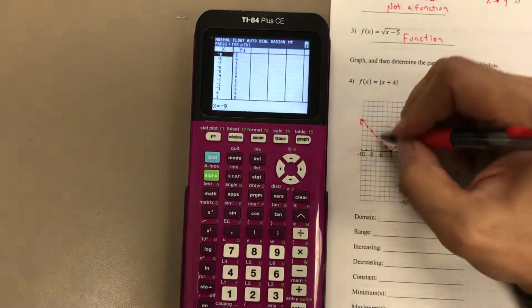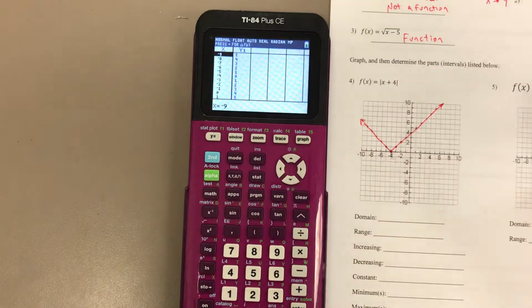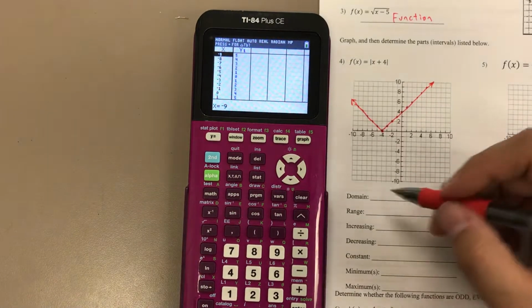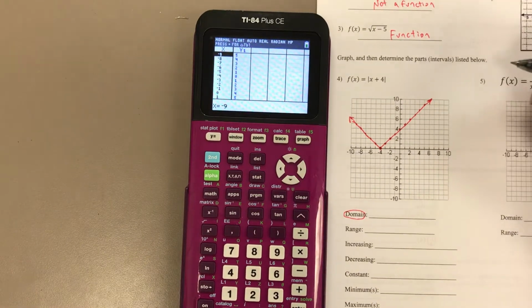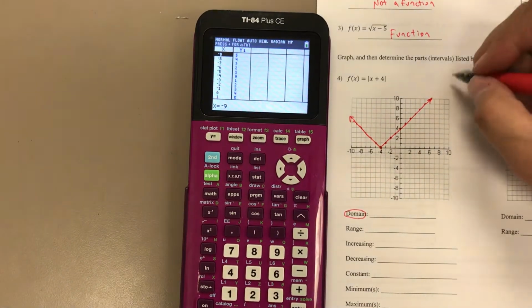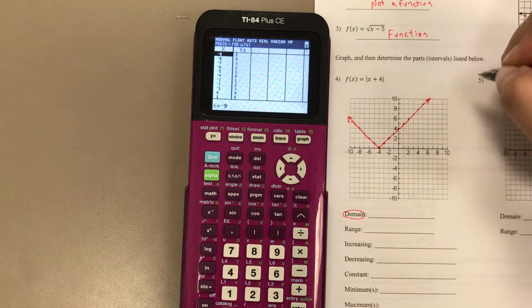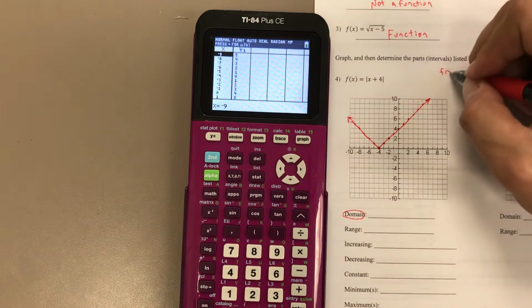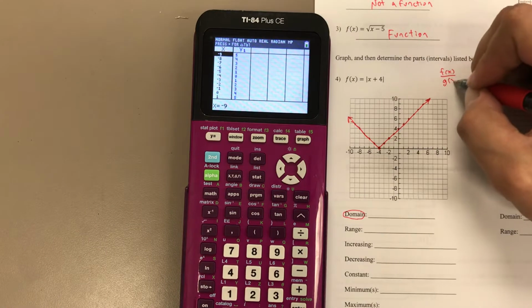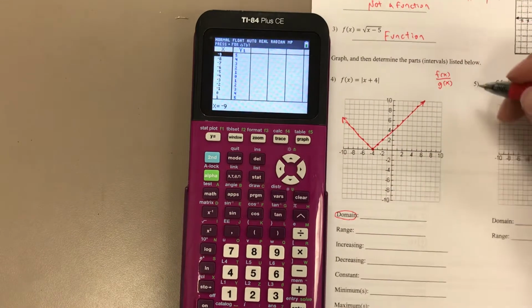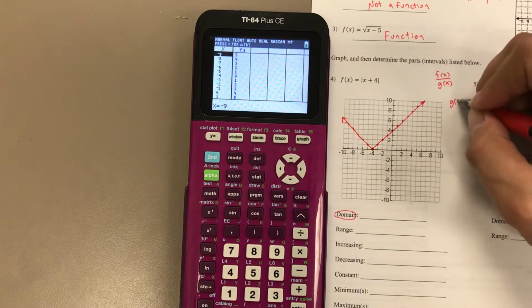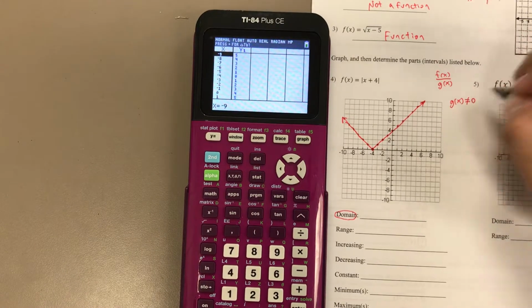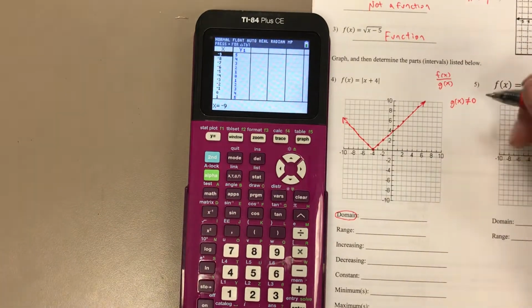All right, my domain is all the possible x values that I can plug in. So here's a really important thing to remember with domain. We only have 3 restrictions on domain in this class, and you'll see them as following. If you have a rational function, in other words, a function over another function, like this, in other words, if x is in the denominator, all you want to do is make sure that whatever that function is, the whole